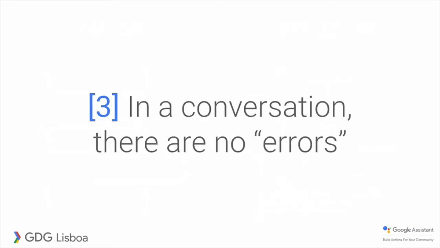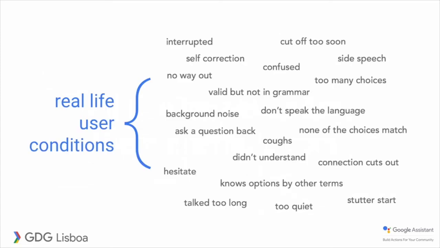And also think that there are no errors. So if your action doesn't know what to do, you're just going to say, oh, sorry, I don't know what to do, and close the app? Or are you going to try and be more interactive with the user? So think about all of the things that can happen. There's the dog barking, the person isn't speaking, they're speaking in a different language. So all of that you have to take into consideration when it happens, because it's real life user conditions,